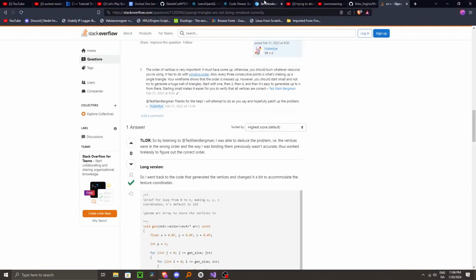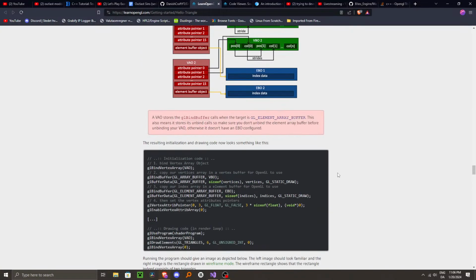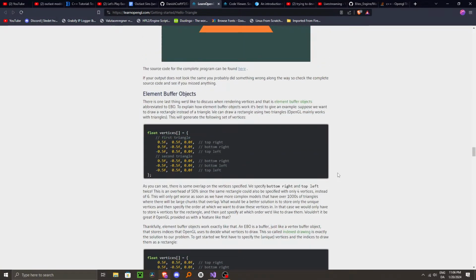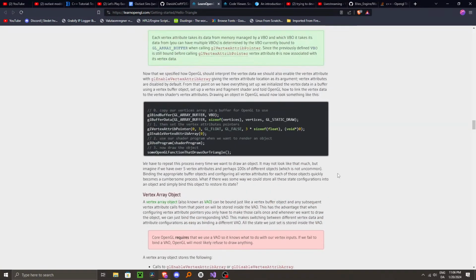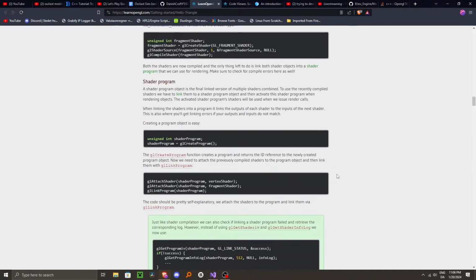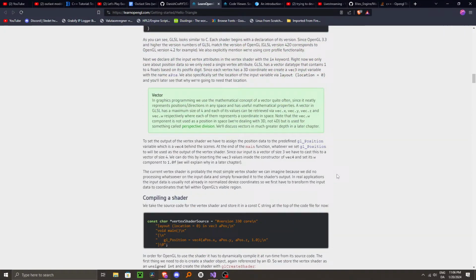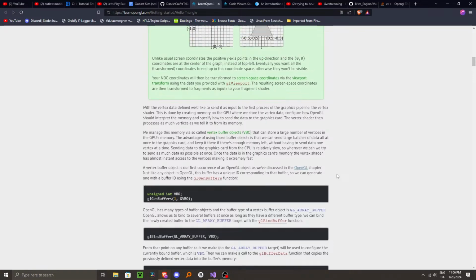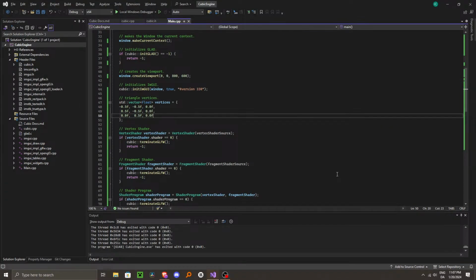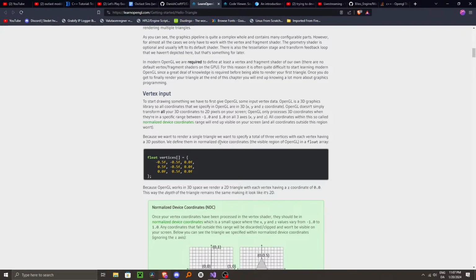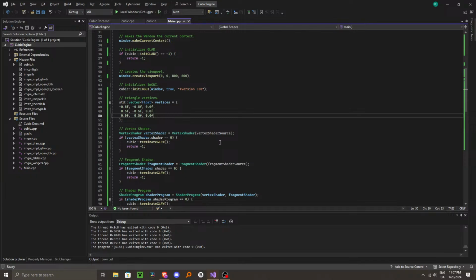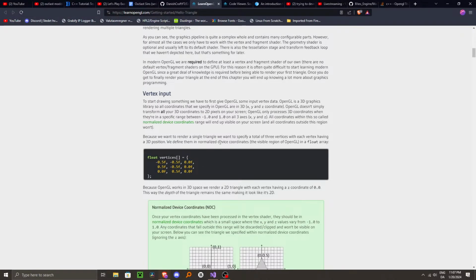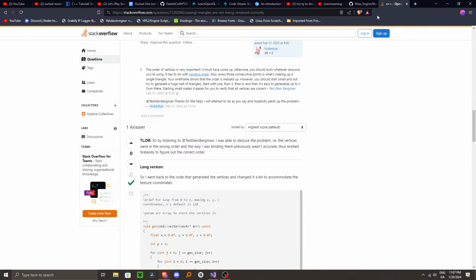Let's go look through here. If the vertices are off, then that could be the reason. But in this case, I copied them from here, so that shouldn't under normal circumstances happen. And as you can see, they were not off. So it looks a little weird, but